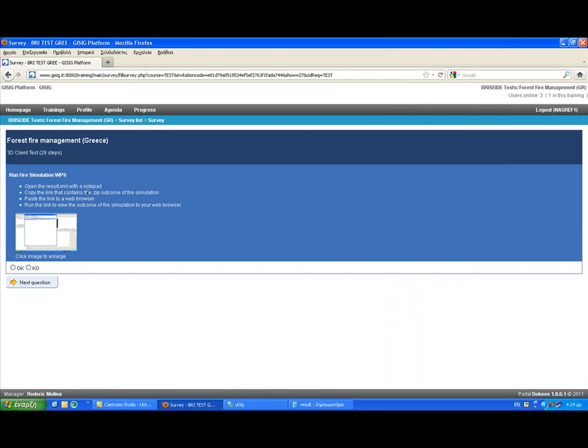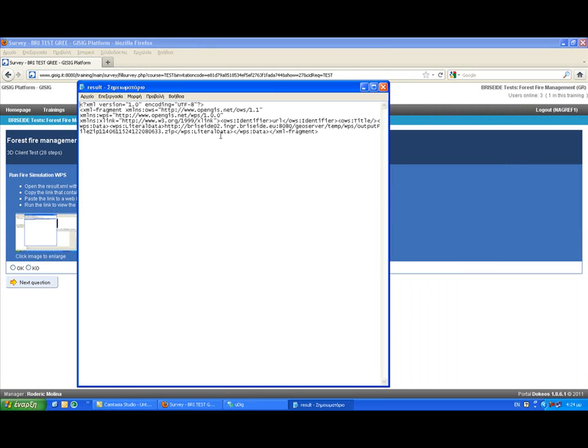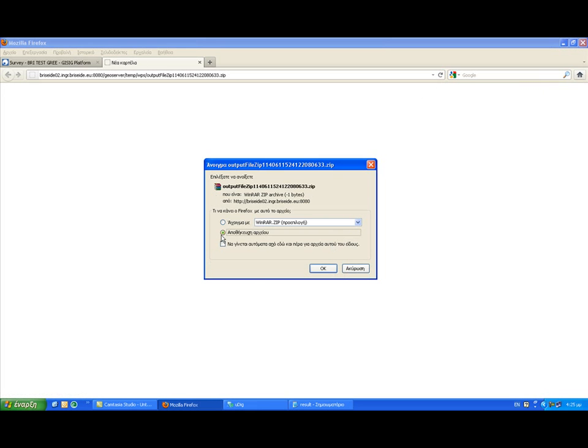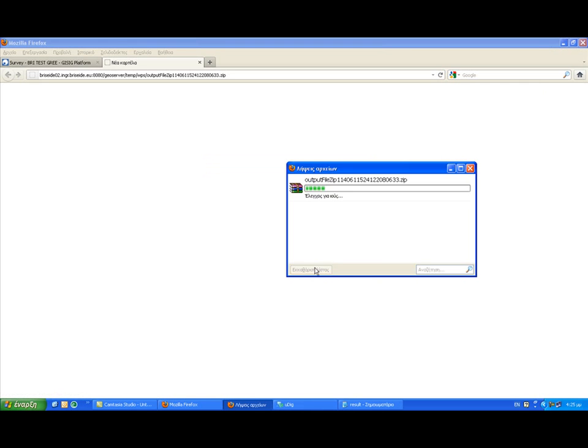So I have to go to the result and find the zip file. Okay, it's HTTP all the way down to zip. Okay, so this is copied and then pasted in a new page of this, and go to, right? Okay, good. It says open it, save. So it's save, and